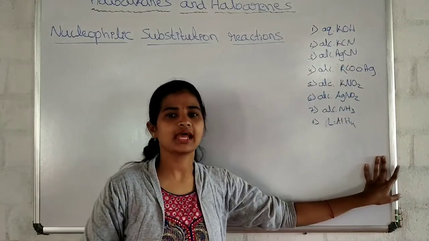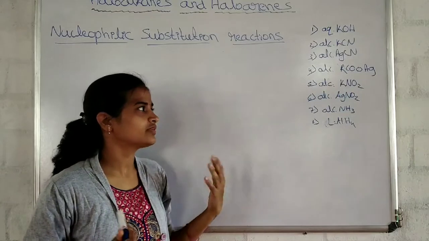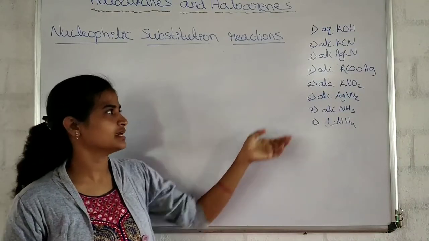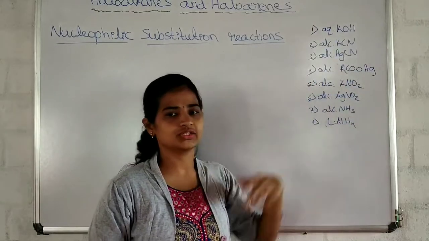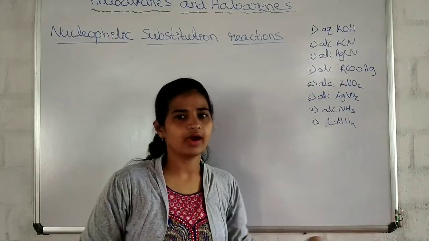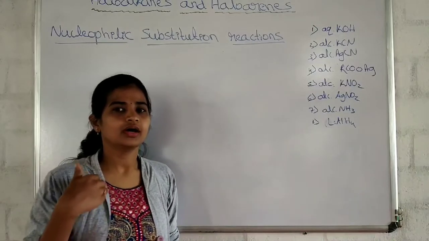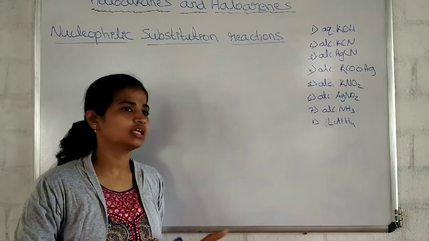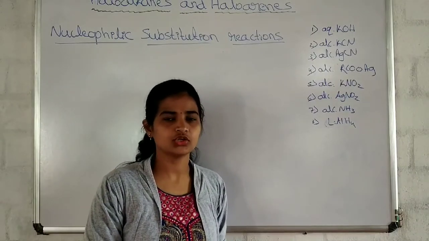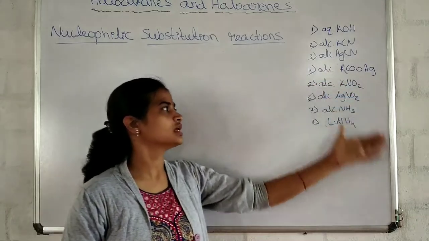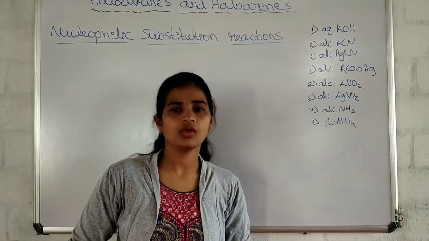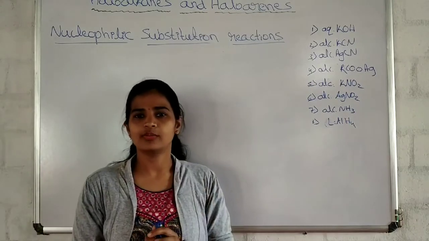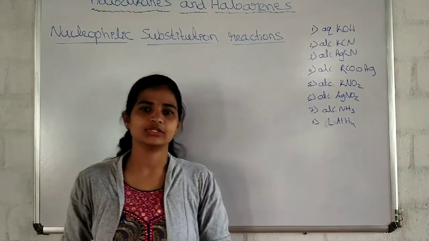So, in today's class, what shall we do? We will try to write the nucleophilic substitution reactions of alkyl halides with all these reagents which can release the nucleophile or which can help in attacking the nucleophile to the alkyl halide. And also we will see what are the different products we will get during the nucleophilic attack of these compounds. Got it? Before going to that, I just want to clear one point regarding SN1 and SN2 mechanism.